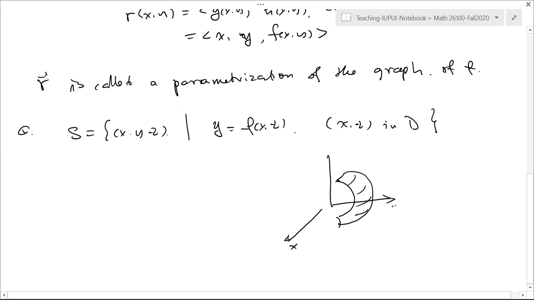Now, X, Y, Z, okay? So the domain is in here, it's D, okay? So every point here has a corresponding point there, okay? So this is a domain D. Now you have